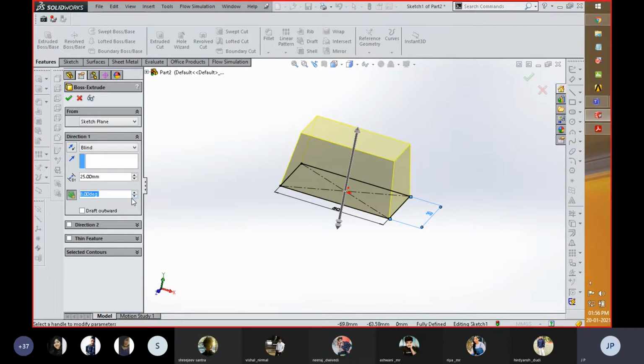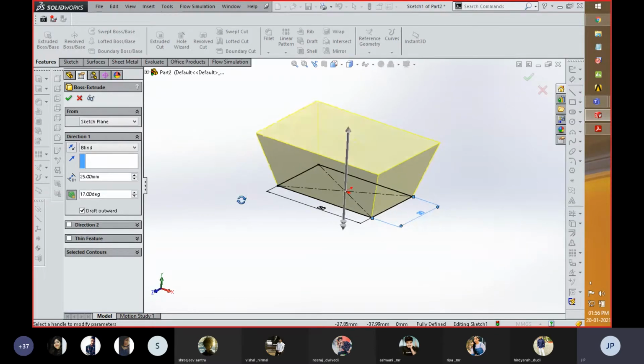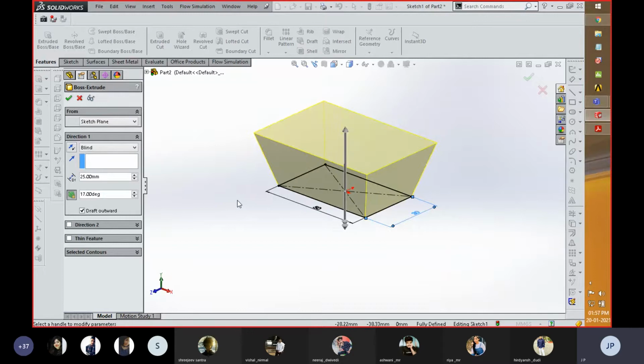Okay, or you can do this in reverse, that if you want to decrease the value in this manner, you can get the original shape of the object. With the help of this toolbar, you can also add the drafting value in the reverse direction. With respect to that, you can see that the top dimension of this component is increasing as you increase the value of drafting. Okay, so in such a manner you can draft any component from inside to outside or outside to inside with respect to the design of your product. So in such a manner this component can be created.